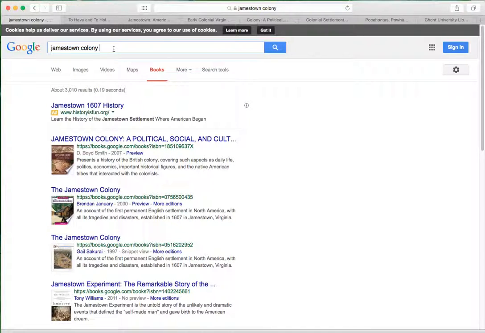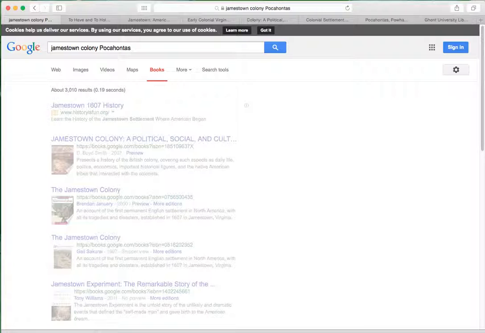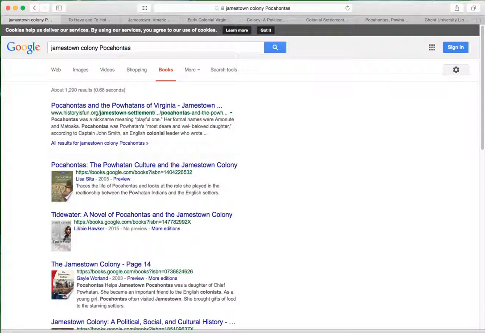Let's say I'm interested in one particular aspect of the colony. I am interested primarily in Pocahontas, one of the more famous people associated with the colony. Narrowed down to about 1,300 results. So you can see that by adding keywords to the subject field, you can quickly start narrowing things